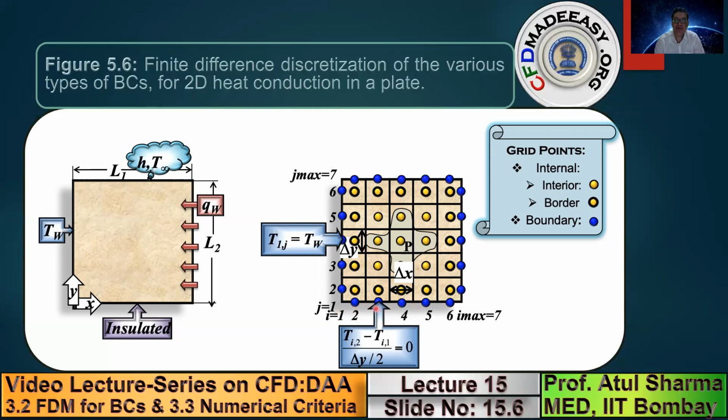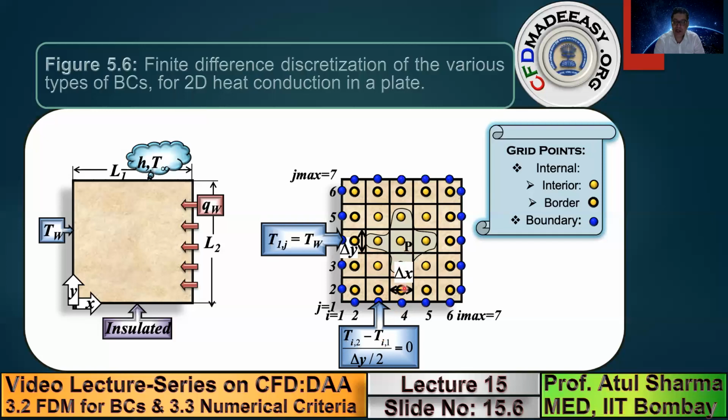So to do that, if you use a first order forward difference based on finite difference method, then you get temperature at j plus 1 minus temperature at j divided by the distance between the 2 points. Using the first order forward difference, one-sided differential, we get T point ahead, which is T(i,2) minus T(i,1) divided by the distance between the two, which is delta y by 2. Note that the width of the control volume in the horizontal direction is delta x, in the vertical direction is delta y.